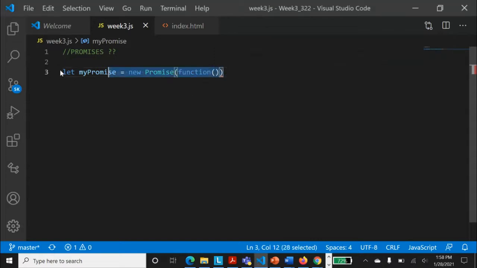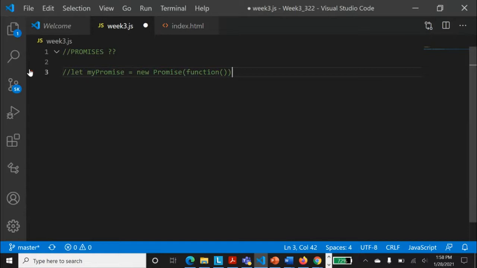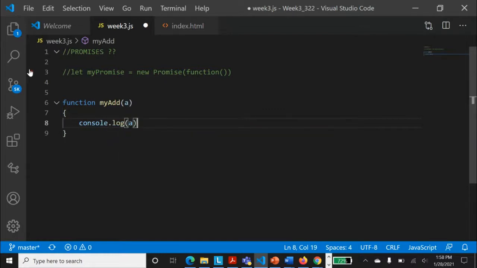Let me make it a comment right now, because promises will depend upon that, and let's try to write something related to promises, something related to our callback function. I have a function, my add, that takes a number and just console logs it.